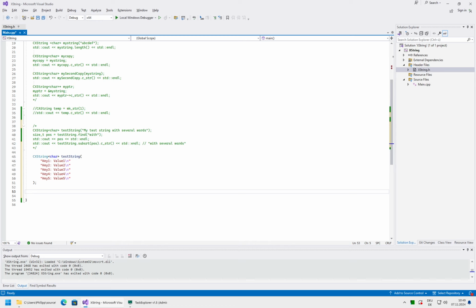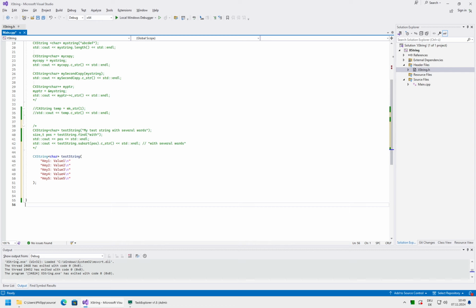I said use this find and substring to print values 1 until 5 from this string. So you need to find the position of the colon, you need to find the position of backslash n, and use this smartly to print all the values to the console one by one.